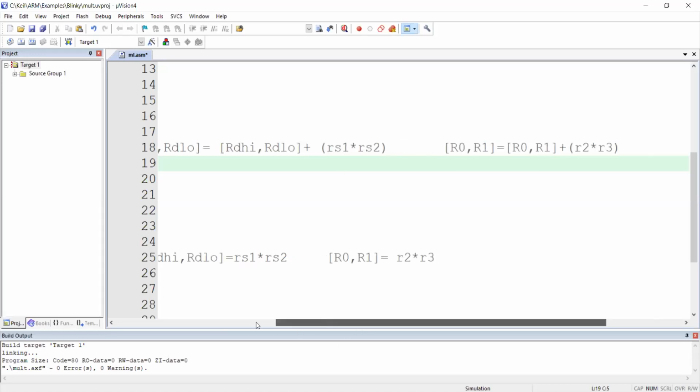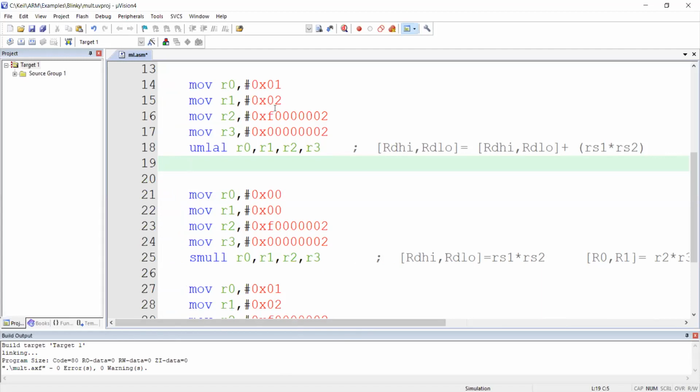See here. Now what happens here? What is existing in R0? 1, and what is existing in R1 is 2. So what is the answer? Definitely we will get it by F2 star 1, 2, 3, 4. Okay, what is the answer we will get is 1E, 4. This is what we will get. So what we do is we will expand this to 64 bit. And here one part we will store in R0, another part we will store in R1.